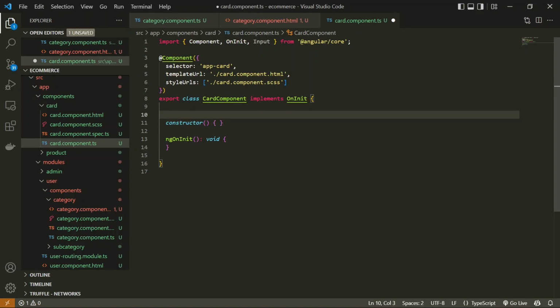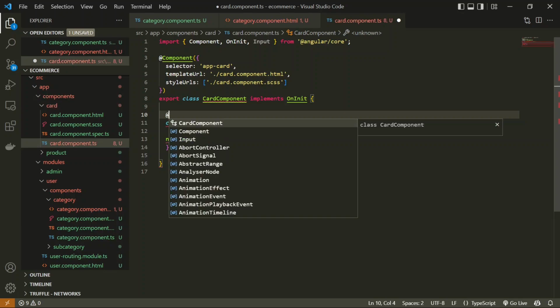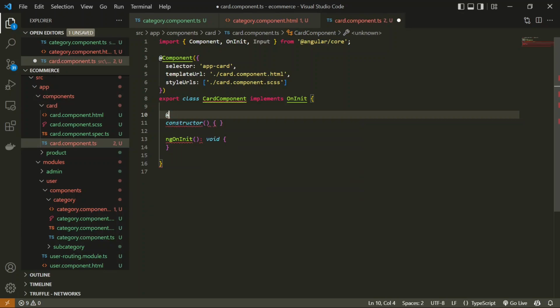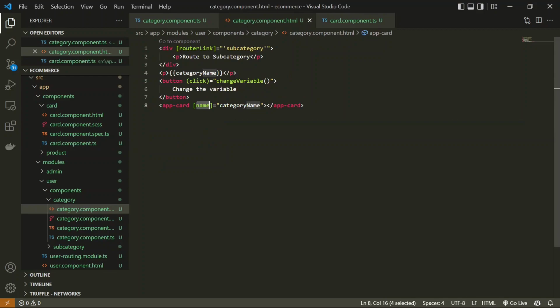To use the decorator, we are going to use @ and we are going to say Input, round brackets, and then you have to define a variable. So this will be a name, and here you can define the type, which will be the string, and you can define some default values as well. Once you define this input in this, you will see that the red mark of this name has gone, because now in this component you have some input named name, right?